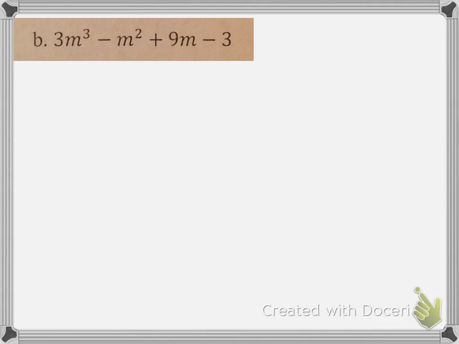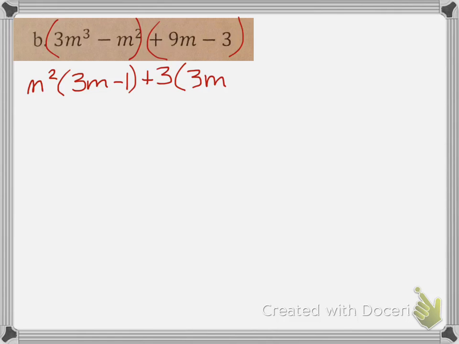Now let's try the next one. We're going to group the first two things and the second two things together: 3m cubed and minus m squared. What we could factor out is just the m squared. Once we do that, that 3m cubed becomes 3m, and that m squared becomes a 1. Now, 3m minus 3, we could factor out a 3. So 3m becomes m, and that minus 3, since we're factoring out the 3, we'll have to put a minus